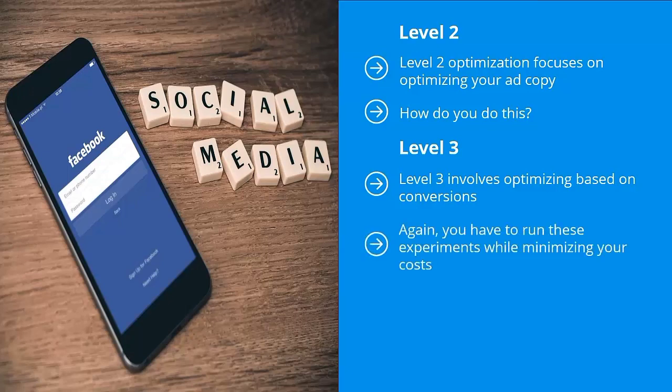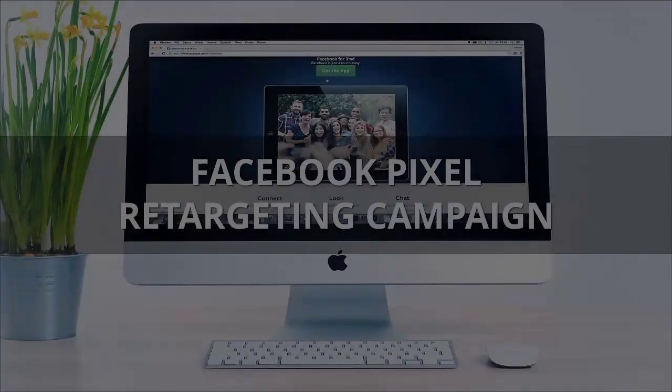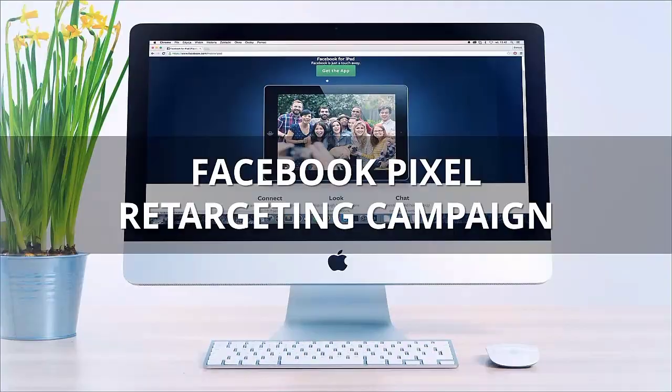Again, you have to run these experiments while minimizing your costs. Once you find out something that works, optimize it to increase its level of conversion. Once you have picked a winner that cannot be optimized any further in terms of conversion rate improvements, that's when you scale up. That's when you pour in the dollars to reach as many people as possible to boost your mailing list sign-up.